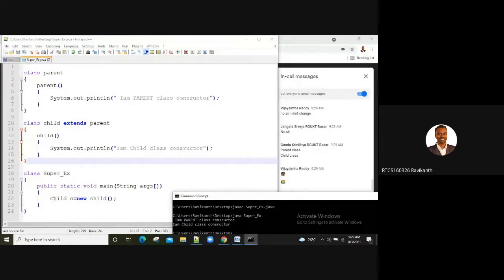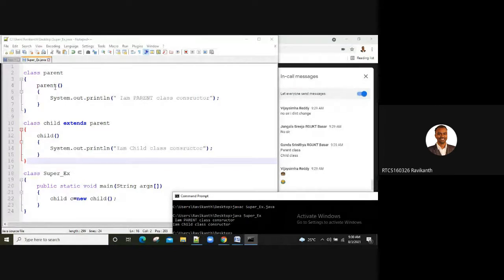Here, you have created an instance for the child class, but something beautiful is happening internally. When I use the parent-child inheritance concept and create objects, immediately when you create a child object, first it will invoke your parent class. Why?